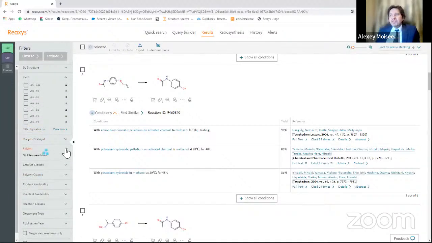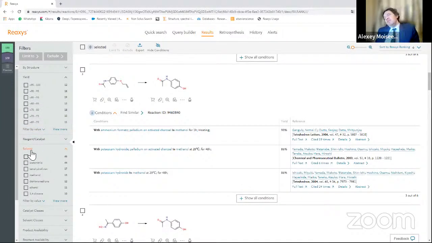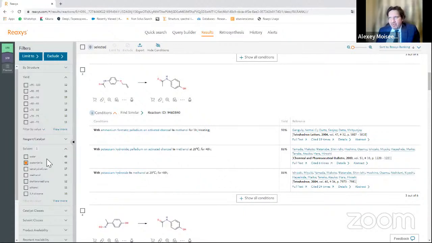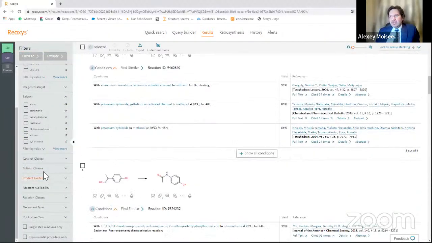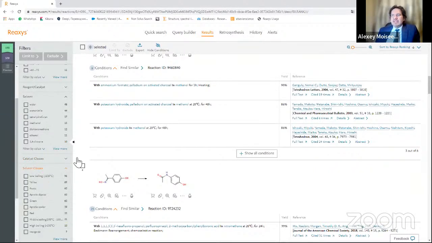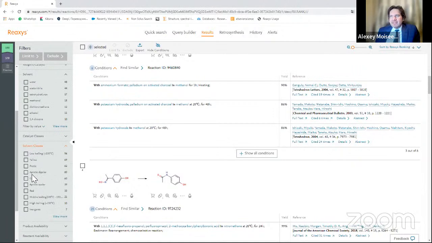Filter for solvents. For example, you prefer only acetonitrile. In your laboratory, you have only acetonitrile, and you prefer reactions with this solvent. You are welcome. You just can click here and find this information. Catalysis classes and, for example, solvent classes are also a very effective way of filtering information.